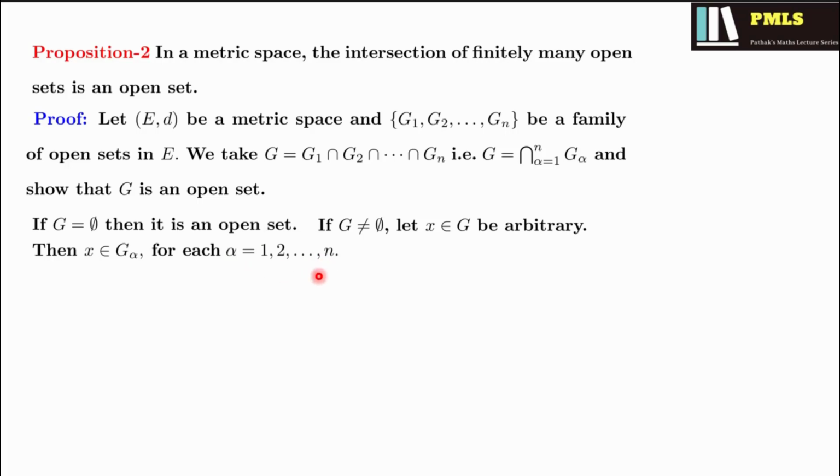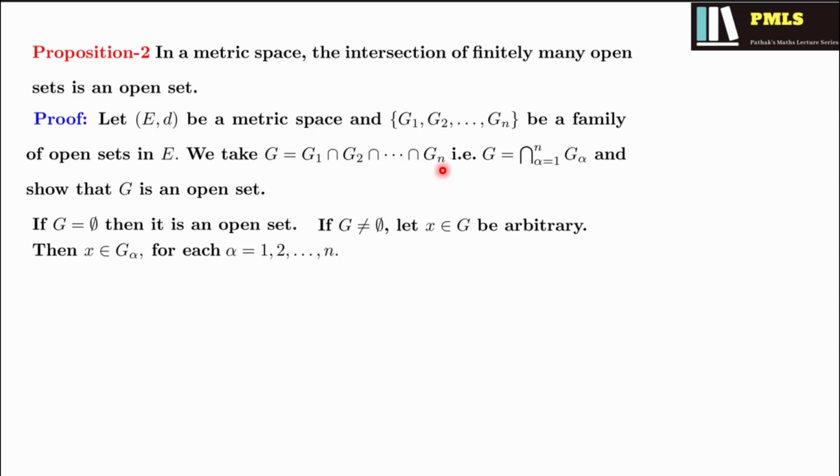It means X belongs to G alpha for each alpha equal to 1 to n. It means X belongs to G1, X belongs to G2, X belongs to Gn as well. But if X belongs to G1, it means you have an open sphere SR1X. If X belongs to G2, you have an open sphere SR2X, which is a subset of G2. If X belongs to Gn and Gn is an open set, therefore you have an open sphere SRnX, which is